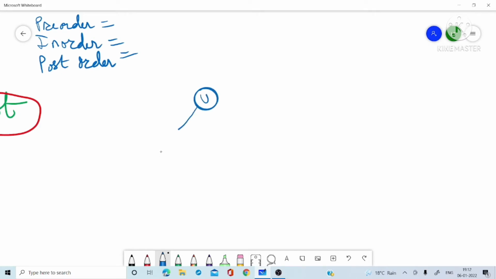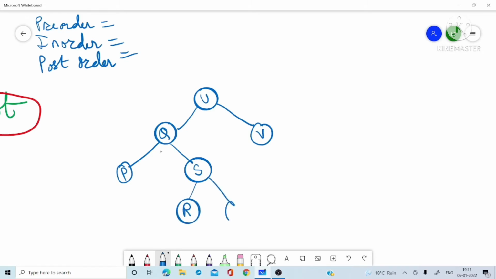So it is U, and then I have my Q, and then my P here, and then the next one is V, and after this I have the S, and in the S I have, say, R and T, and then maybe over here I have X, and then this has to be W. So this is what we will be learning today, and we will be writing pre-order, in-order, and post-order for all of these.